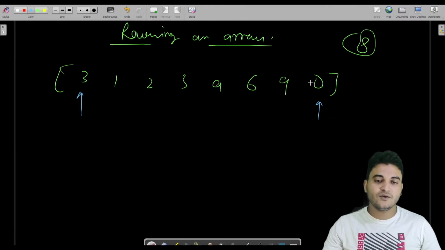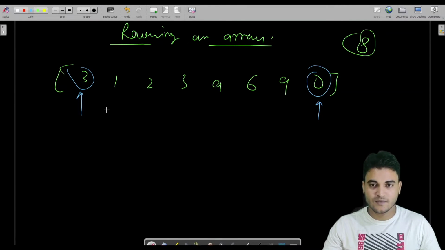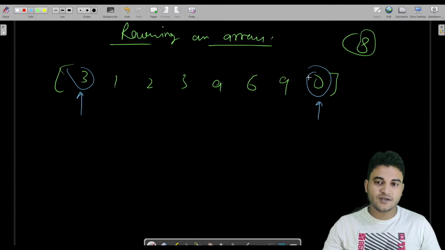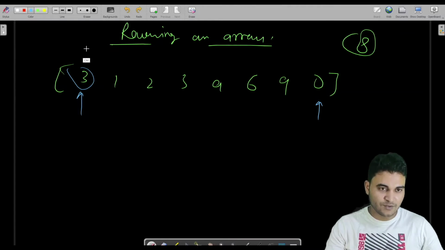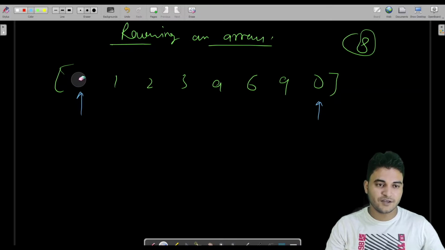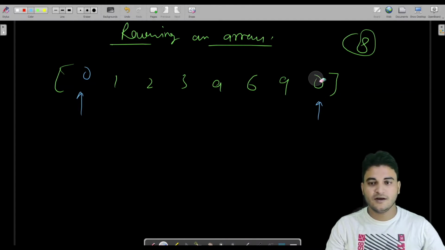And what I would do is replace the values of these. So let us say I have replaced the values here. Here we have 0 and here we have 3.